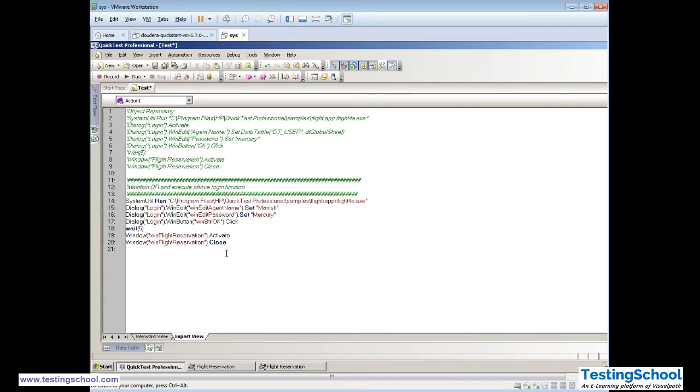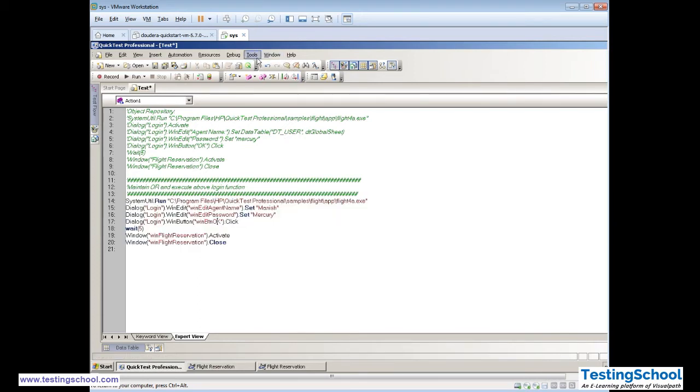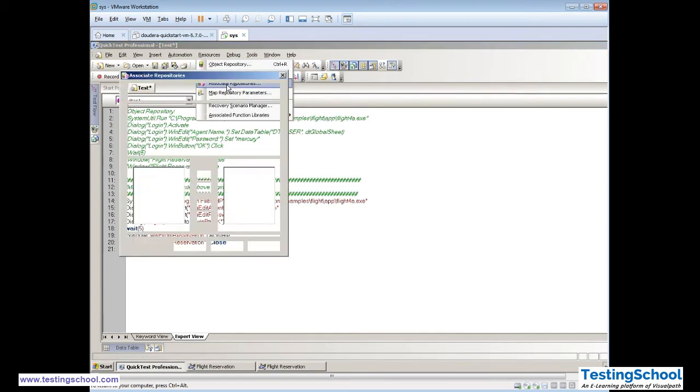So this is our first OR based approach, where we have seen that this OR is kept in the repository, and from the repository we are pulling this. One more thing is there, sometimes you have to associate this repository.